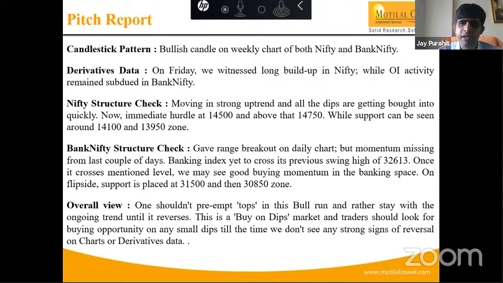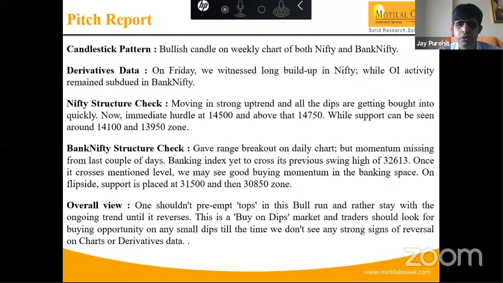Okay, it's perfectly okay if you miss out 200, 300 or 400 points on Nifty and then you take short selling opportunities, but don't preempt the tops in this market, because the market is surprising everyone, and each day we are seeing that the market is making a new all-time high. Though some negative news comes, or we see intraday selling pressure, the bounce back is very quick in the market,